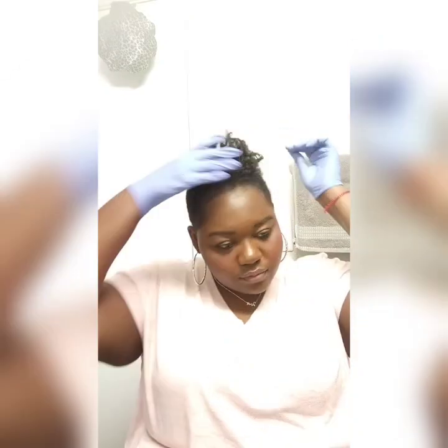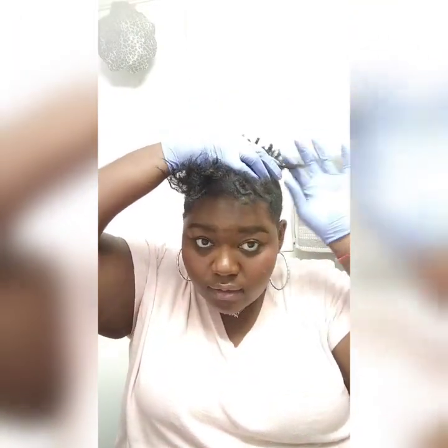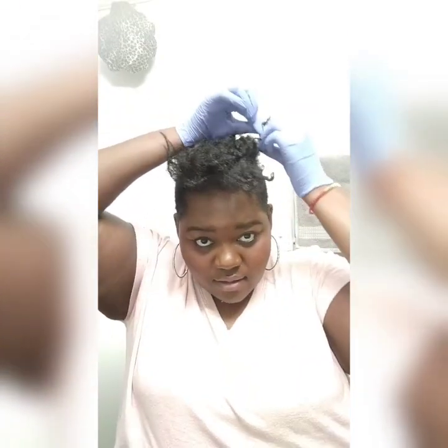So, my curls get, I should wet my hair. My curls get really, they're dry now, but this is my natural curl pattern, as you can see. This is a good curl. But if you see the previous video, you'll see what my curls were looking like when it's wet. So, this is my curl. If I make them bigger, there'll be a bigger version of that. So, anywho,